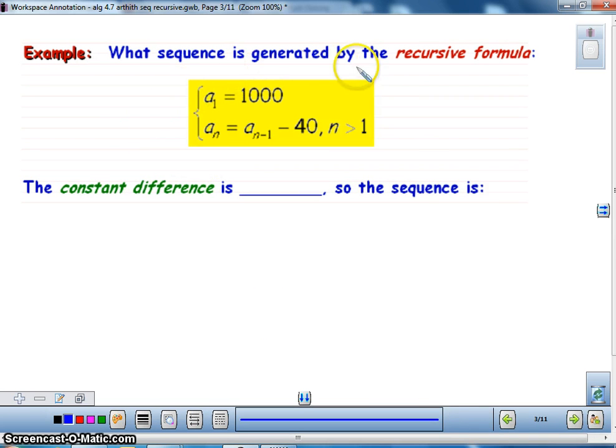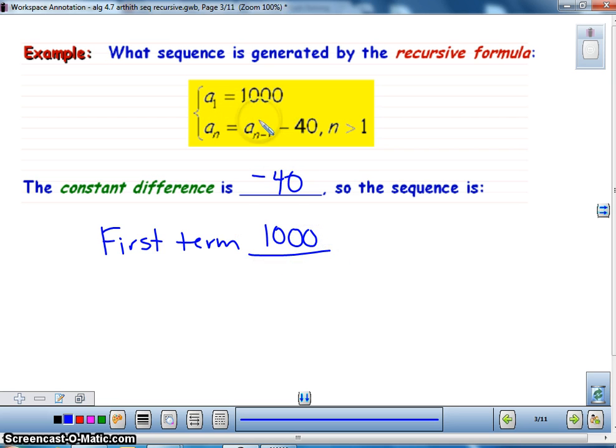So what sequence generates this recursive formula? First off, if we look at this, can we tell what our common difference is? The common difference actually is minus 40. So the sequence is, if we think about it, well, our first term is what I asked you to fill in your notes. And our first term in this one should be 1,000,